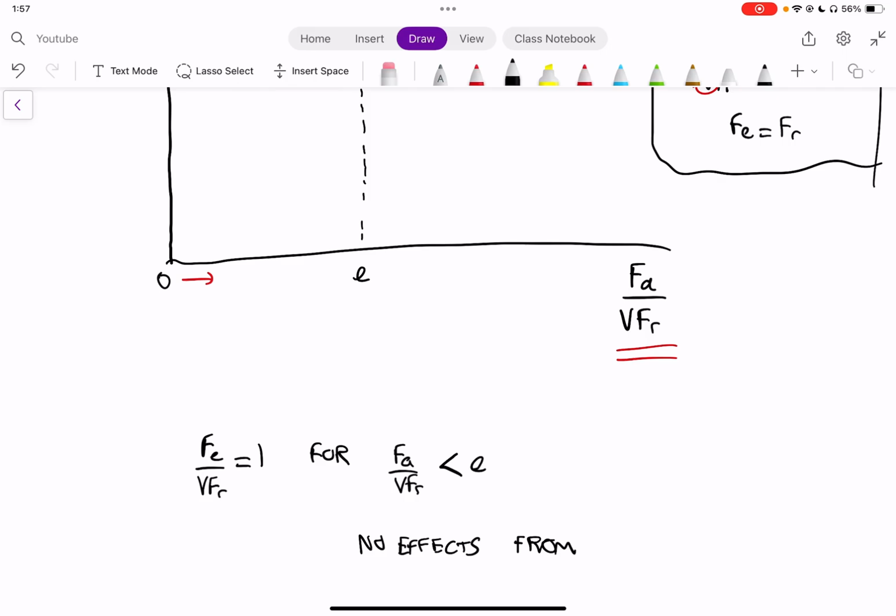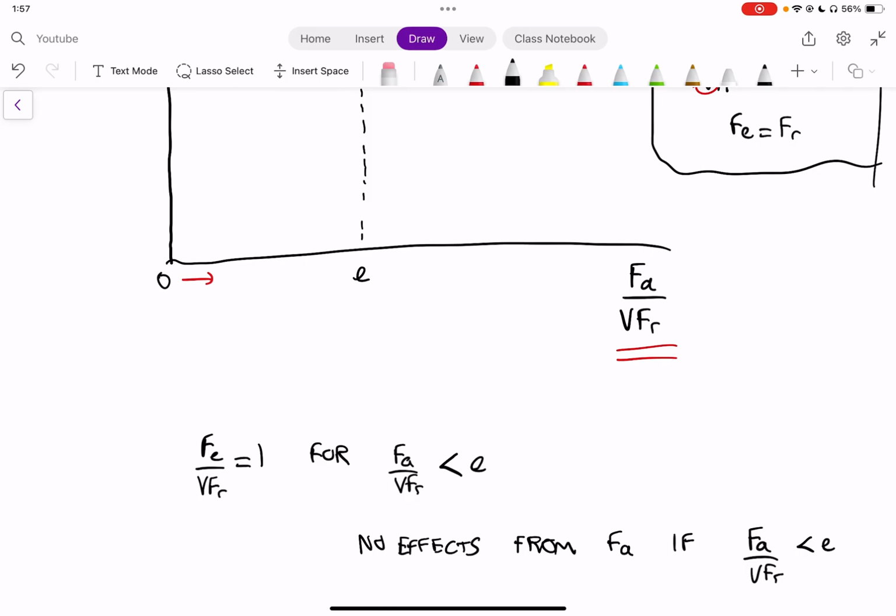from FA if FA over VFR is low. So if the percentage of FA is very low compared to the percentage of FR, then we know that there's no effects from FA. So let's think about it. For example, if we had a load of 100 newtons in radial and 1 newton in axial, the equivalent is probably just going to be equal to 100 newtons. There's going to be no extra effect from the fact that there's 1 newton of force going sideways